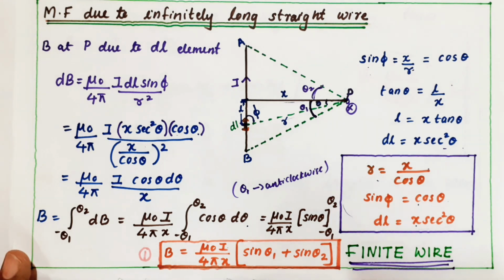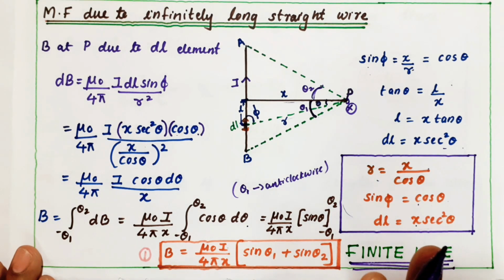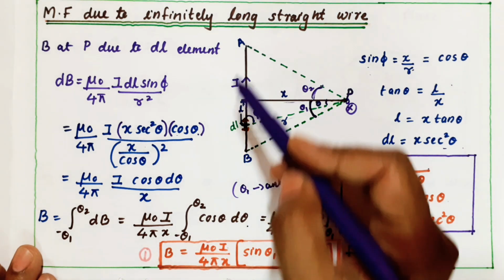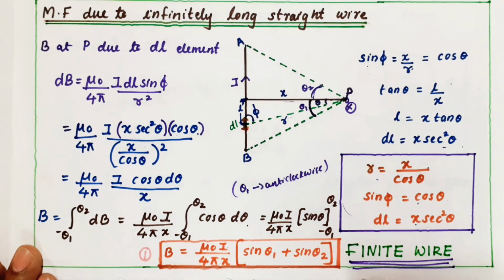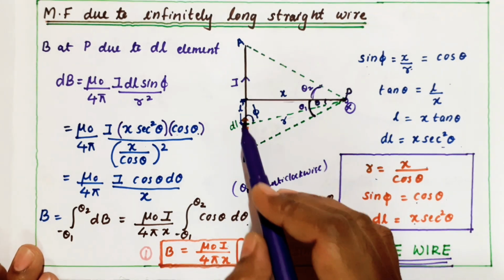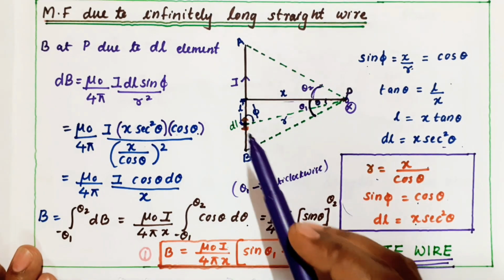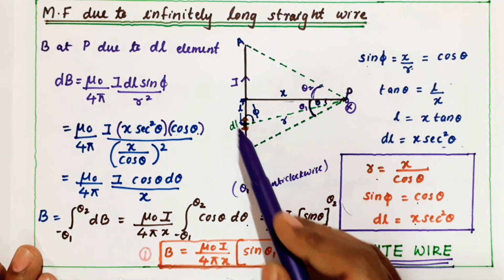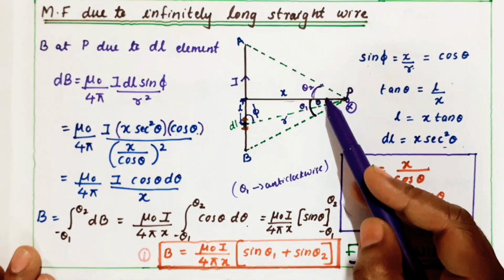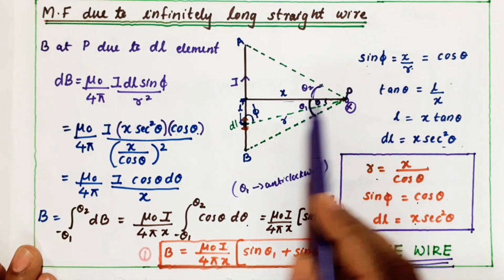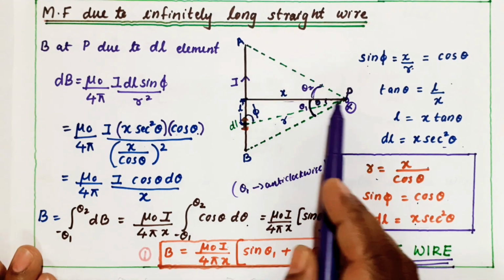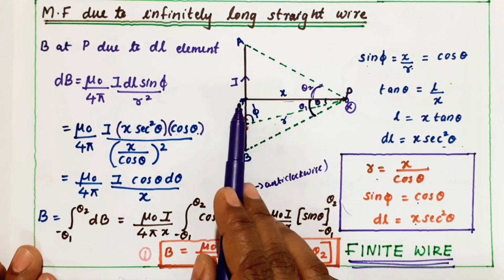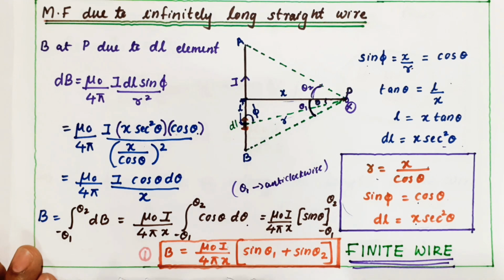I repeat, we are doing magnetic field due to an infinitely long wire, but I have not reached infinite so far. I reached only a finite wire. So I am taking a big conductor with a small portion of length AB. In that, I am taking a small element of length dl. dl I am joining to the point P. It makes an angle of phi, and here it makes an angle of theta. The line from the element to the point is R, to the midpoint the distance is x, and from the midpoint to the element the length is L.